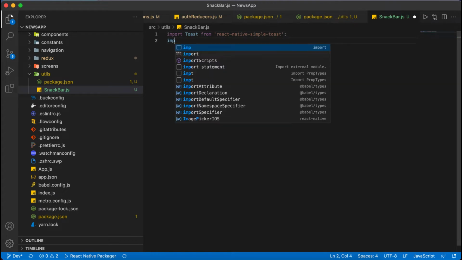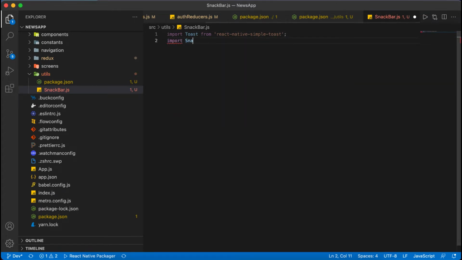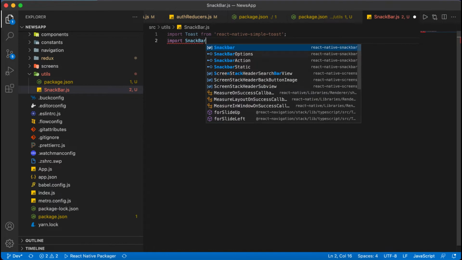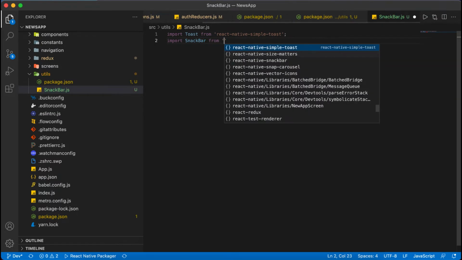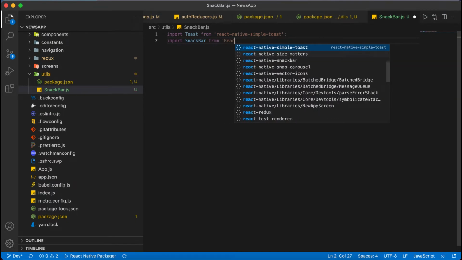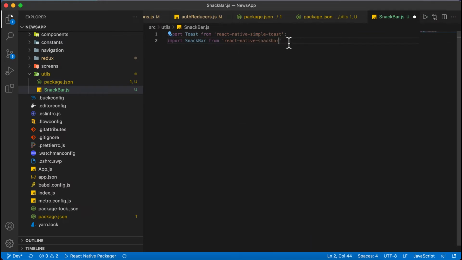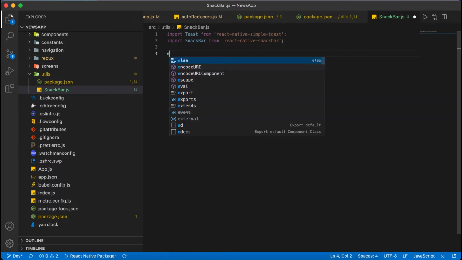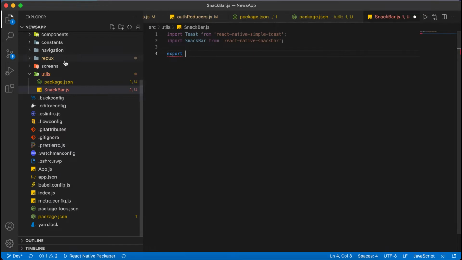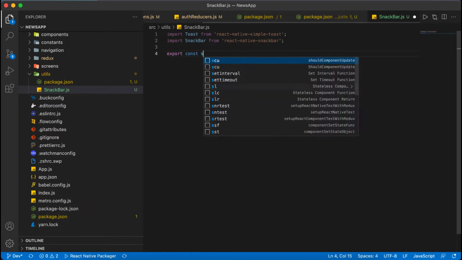and then we'll import Snackbar from react-native-snackbar. Okay, got it. So we have imported these two, and we will export two methods here, and we'll access them, one for the snackbar and one for the toast. So I will export two methods here, and we can use them in every file wherever required, like export const showSnackbar,